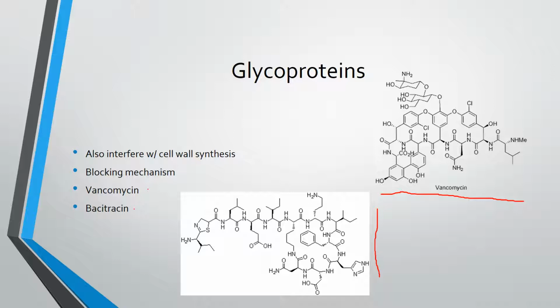Both of them, bacitracin has a significant potential toxicity. So as a general rule, bacitracin is pretty much only used as a topical agent since we don't really want to eat bacitracin. It really is pretty toxic in general. Vancomycin also has increased toxicity specifically for the liver, and a lot of that is related to the enormity of the molecule. Remember, none of these are considered friendly to your body, okay? Even though they're meant to be there to do a good thing for you,